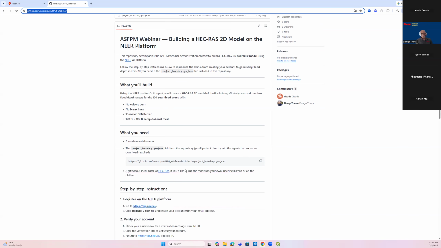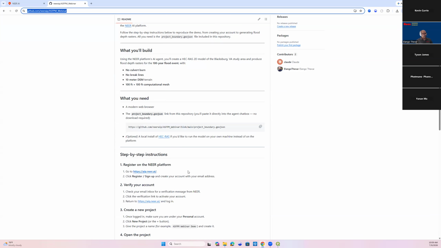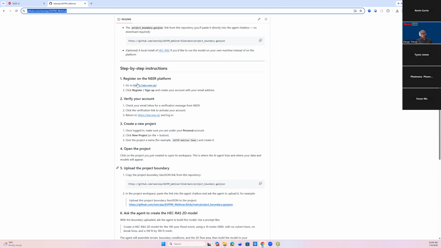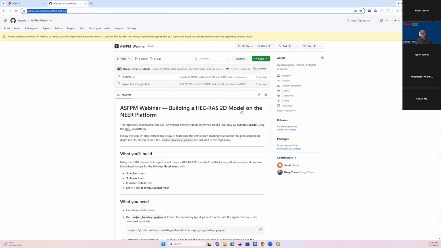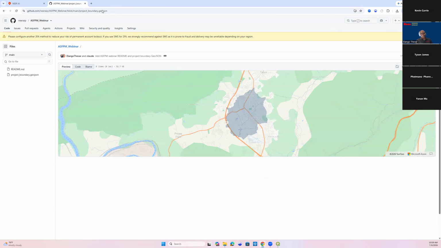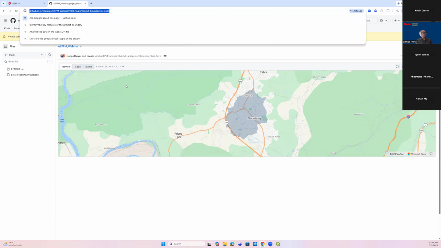So if you have signed up, please sign up. It just takes only like a minute. And once you've done it, I see on the back end that a lot of you already signed up. So what we're going to do is, I have a GeoJSON file, which is the project boundary file. If you click on that, it will show you where this area is located. So I will just copy this link